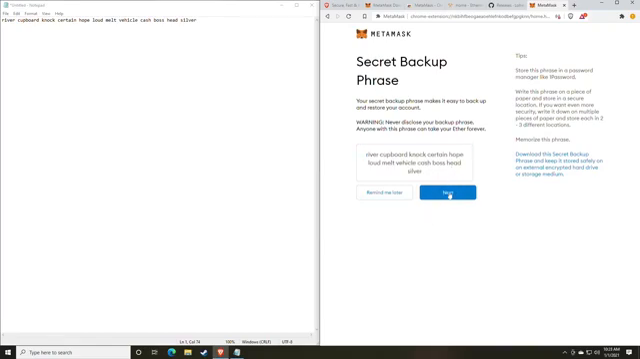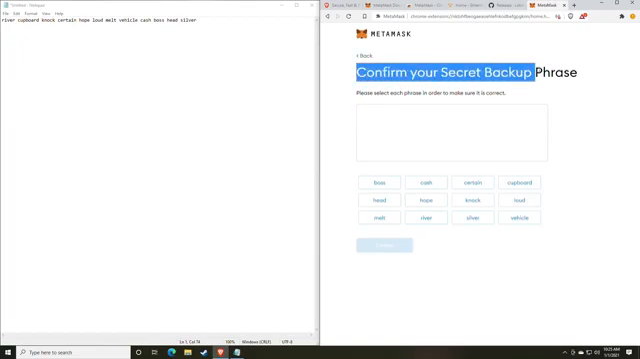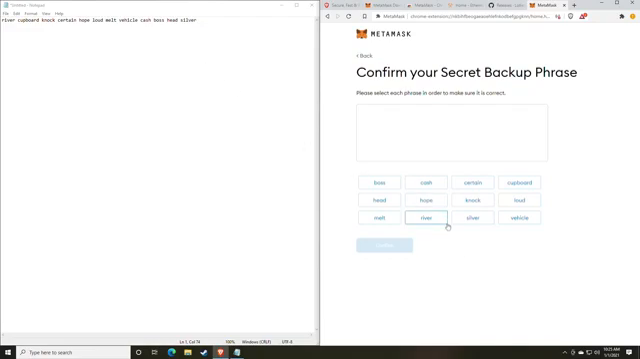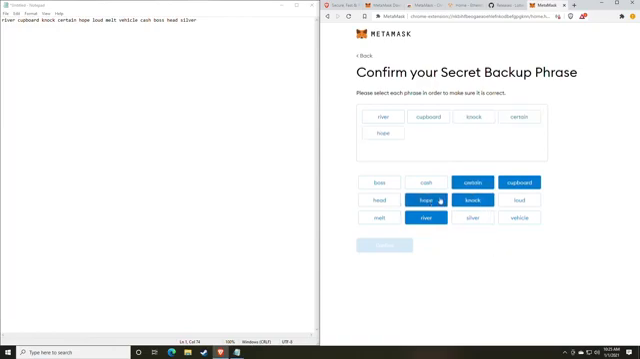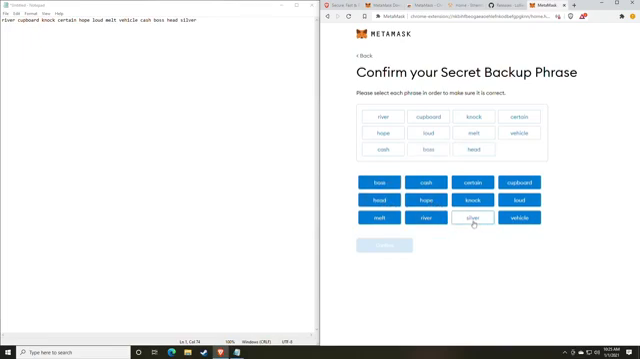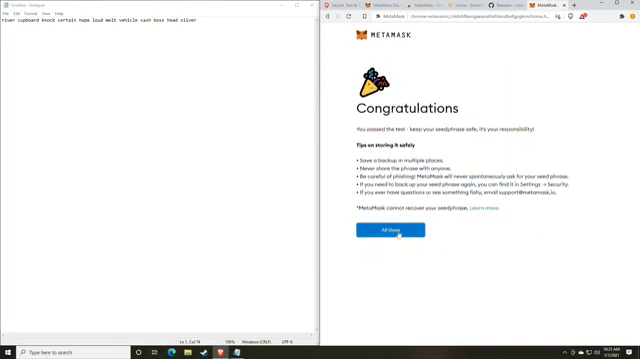The reasoning for this is to prevent people from gaining your information through software known as keyloggers. So to confirm the secret backup, you'll see we actually just click the buttons for the words. So we have river, and you want to do it in order: cupboard, knock, certain, hope, loud, melt, vehicle, cash, boss, head, and silver. So now that we've put them all in order, we're going to click confirm, and we can start using the